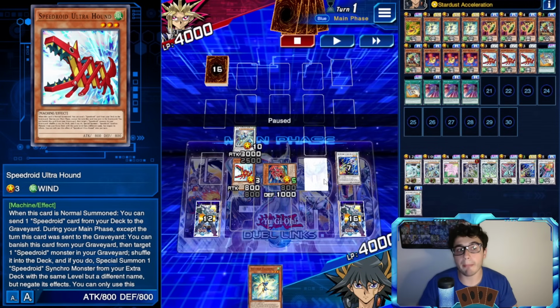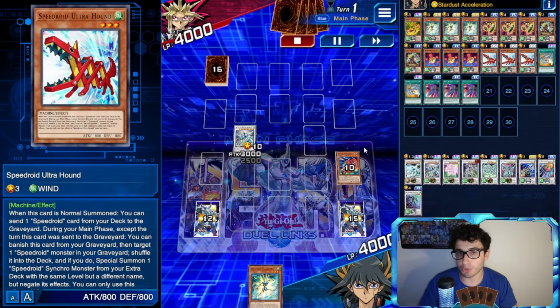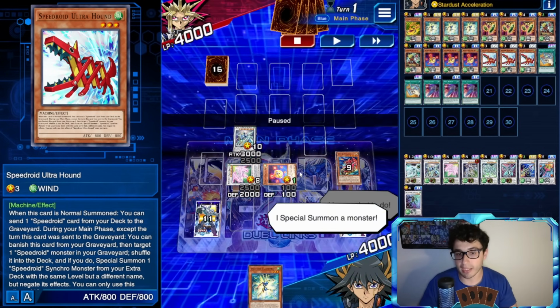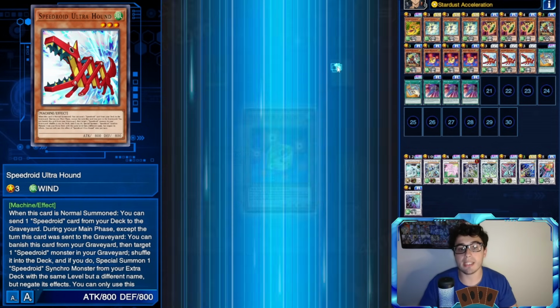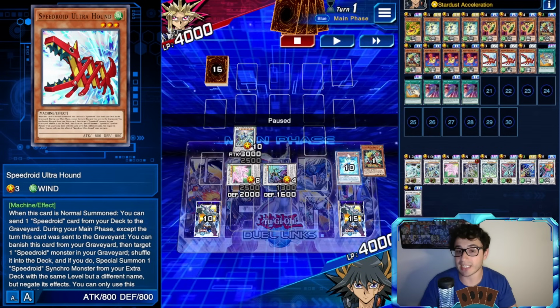Then second normal summon, SPEEDROID Ultra Hound to send what? The Denden Dagger to grave. 3 plus 4, plus 1 is 8, Accel Synchro Stardust Dragon. Here it comes, reviving the Red Eye Dice. Then special summon of another non-tuner monster. And 3 plus 1 is a 4, SPEEDROID Puzzle, and in the end,